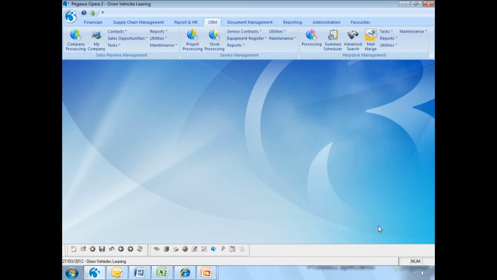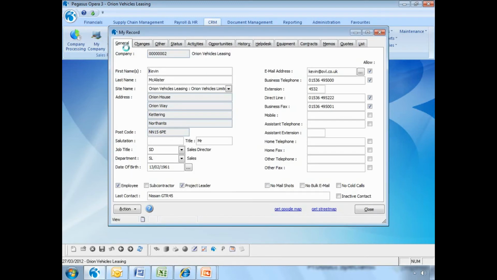Okay, so moving forward, let's say that we've sent the letters out and now we're ready to follow up each of the letters that we sent. So as an individual user, I might come in the morning, log into Opera 3, and one place that I might want to work from is my record. So this is me, Kevin McAllister,